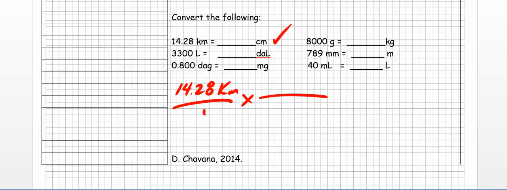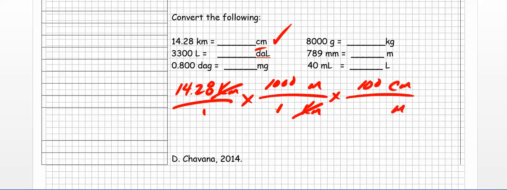Now, because neither one of these is the unit, I'm going to have to go through the unit. Upper left is kilometers, so I'm going to convert to meters right here. How many meters are there in a kilometer? There's 1,000 meters in 1 kilometer. Now kilometers and kilometers are going to cancel away. I'm left with meters, but that's not what I'm looking for. I'm looking for centimeters, right? So I need another step. So I'm going to put meters on the bottom and centimeters right there. Then there's 100 centimeters in 1 meter. So now meters and meters are going to cancel away, and I'm left with the unit that I'm looking for,